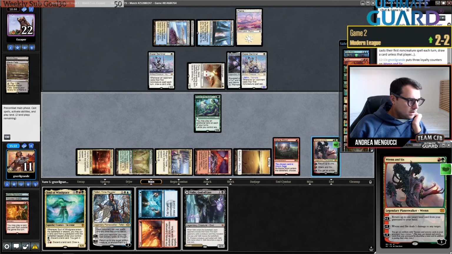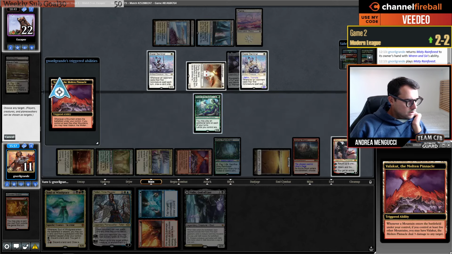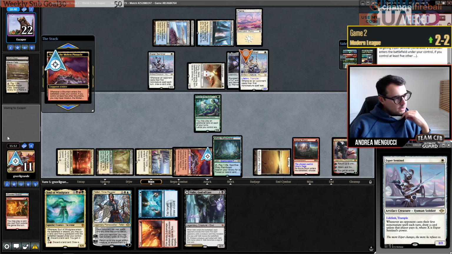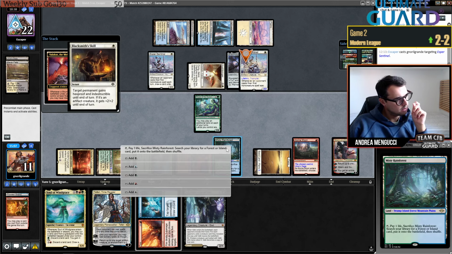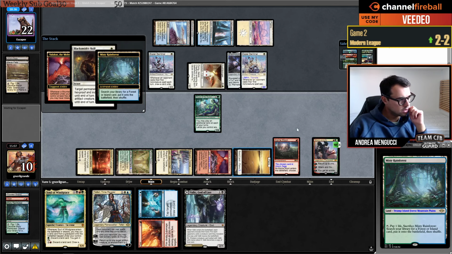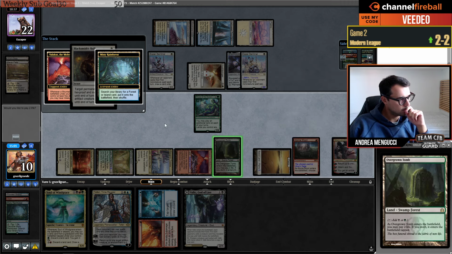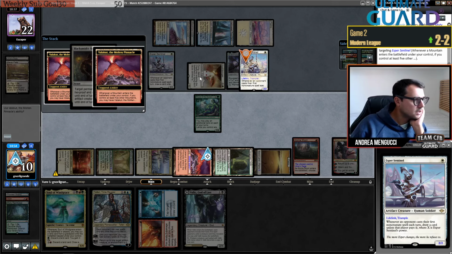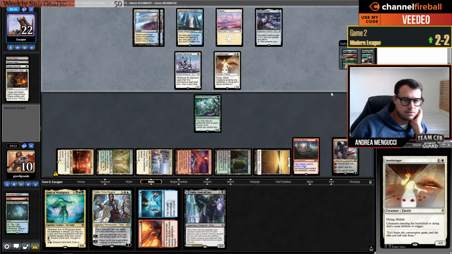Return fetch land. Oh, shoot. Do I ignore Ashbringer? Yeah. Ashbringer actually stops the... Oh, fetch. Sorry, Ashbringer stops the Stoneforge Mystic. And I have Ram plus Dryad, so...